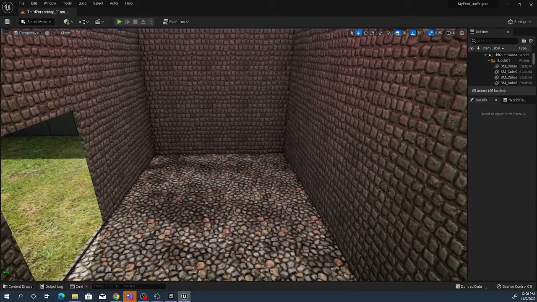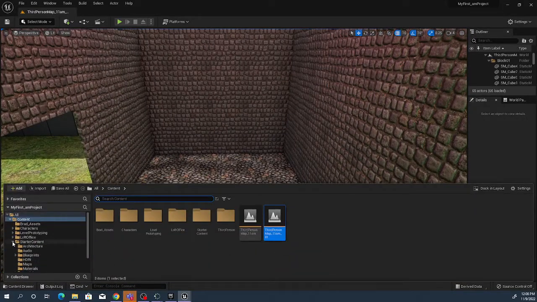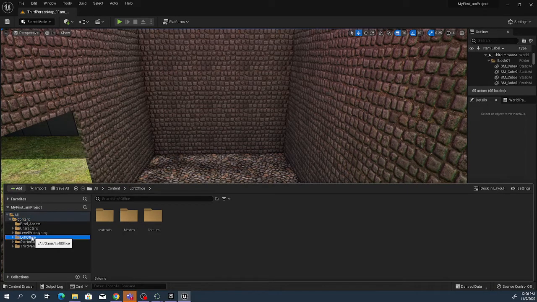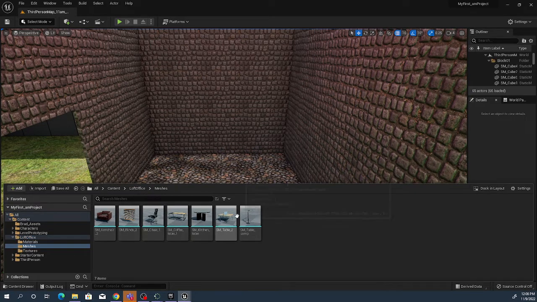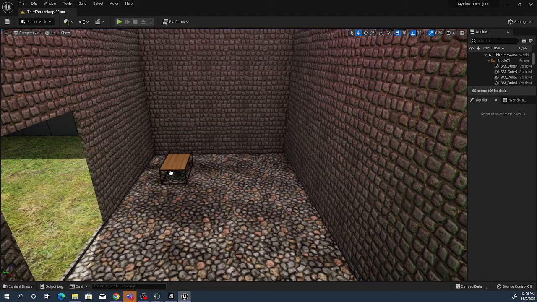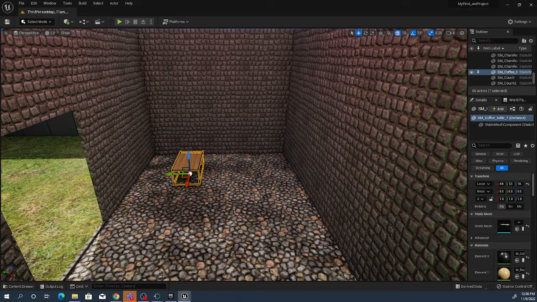Let's see. Where did it put it? Let's go find it. So here's that content folder, and look what it did. It created a Loft Office folder underneath the content folder, and now I can just go into meshes, and there they are, the ones that I migrated over. So now I can just click and drag, and I'll put in my coffee table, I'll put in my comfy chair,